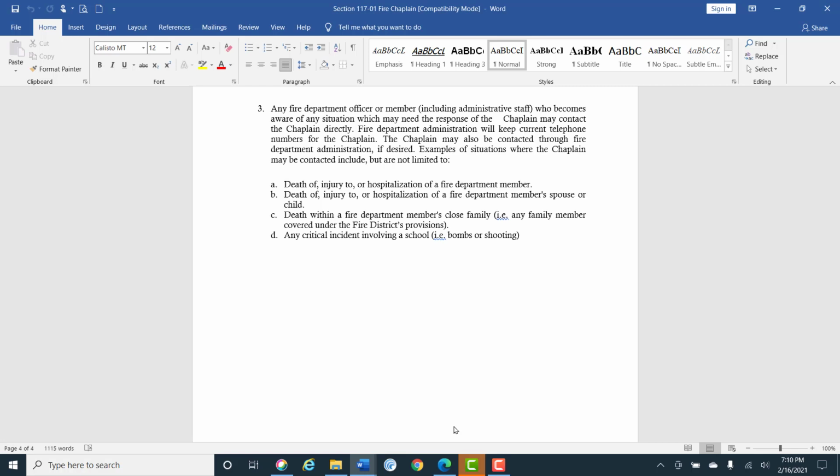Examples of situations where the chaplain may be contacted include, but are not limited to, the death of, injury to, or hospitalization of a fire department member, the death of, injury to, or hospitalization of a fire department member's spouse or child, a death within a fire department member's close family, a critical incident involving a school,